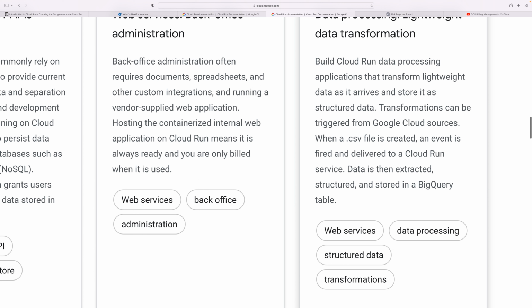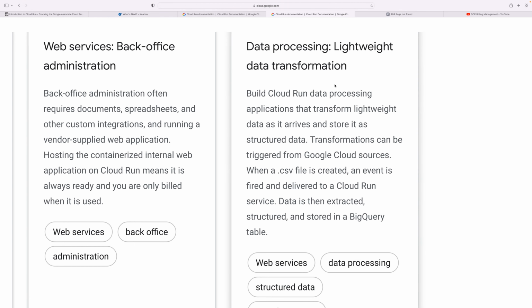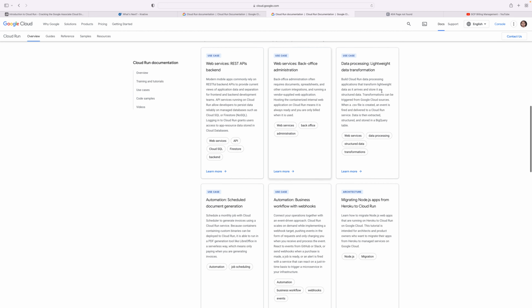Transformation can be triggered from Google Cloud Storage when a CSV file is created and an event is delivered to the Cloud Run service. When any CSV comes in, this event will be processed and then it can be transferred. So it's a very good example for Cloud Run. And if you are working on big data, there are other